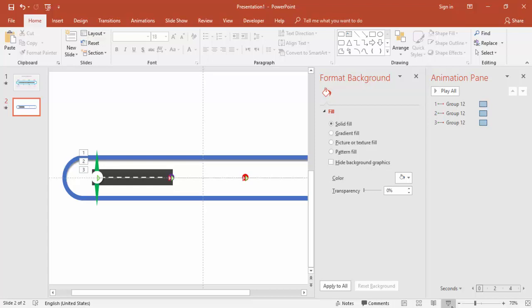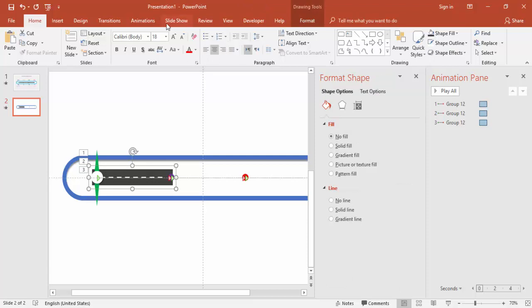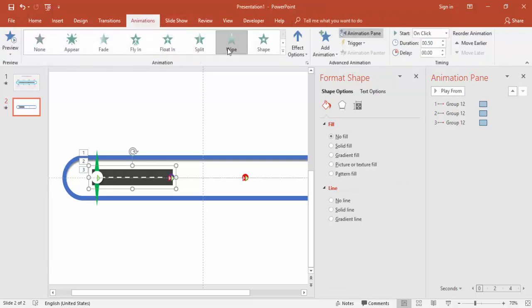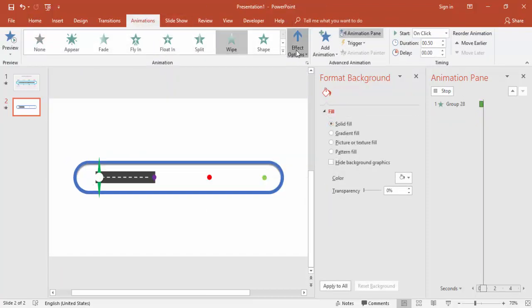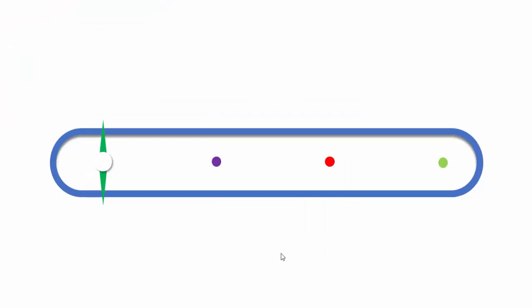Now the animation: the moment the needle moves here, the road should also move along with that one. For that, I'm going to use a wipe effect, make it from left, move this animation just below the first needle animation, and make it with previous. So if you see here, it's moving along with that one. Alright,